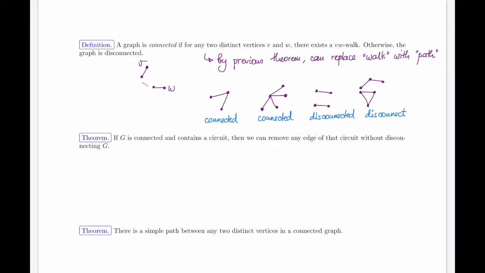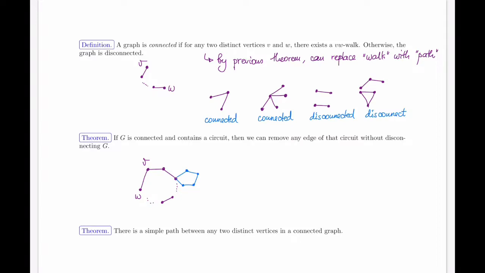Okay, so if I have a circuit, let's create a picture. So I go from vertex V to vertex, just go around or whatever to vertex W. And it's a circuit, which means it's closed. Now, I might have repeated a vertex here, so maybe this actually looks like this. That's totally possible too. In fact, let me just draw in something like this to indicate that I haven't gotten rid of repeated vertices yet. It's a circuit, so I might have these types of appendages along the way. This says that I can remove any edge at all, and still not disconnect the graph.